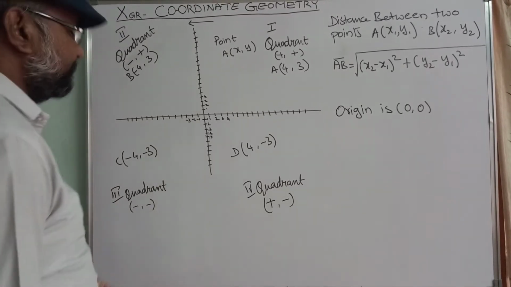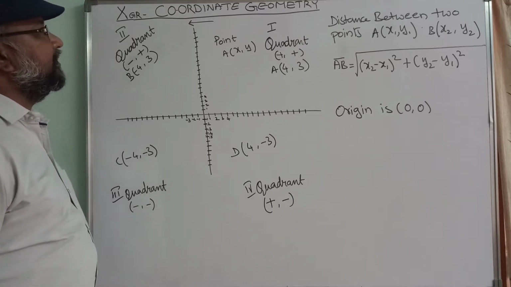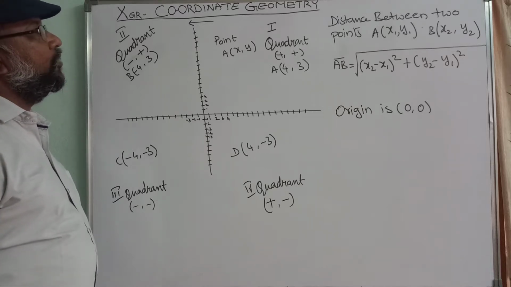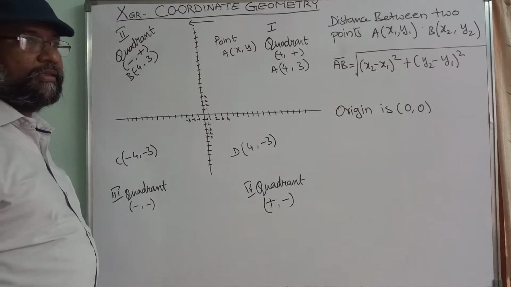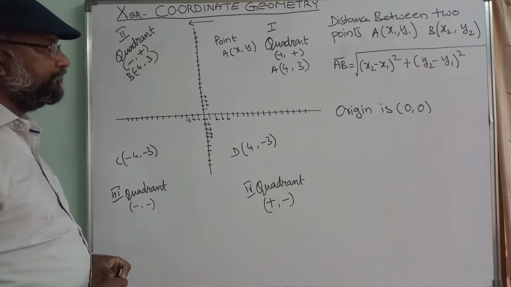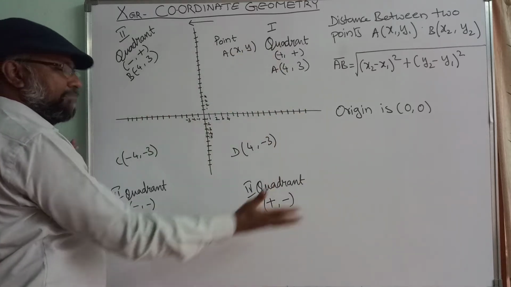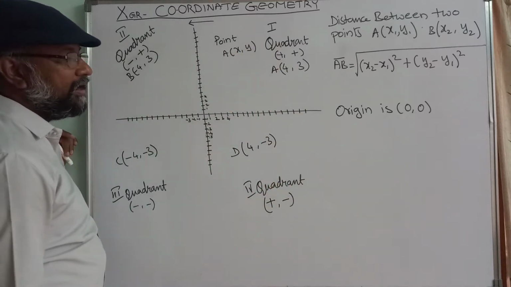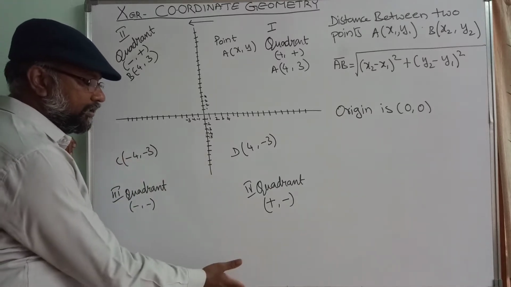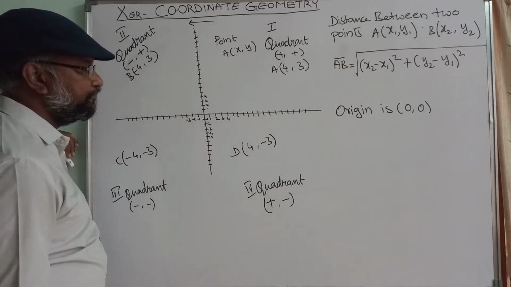Hello students, this is another chapter, the seventh one from the index, coordinate geometry. Let us recall from the ninth grade. This could be a Cartesian plane, a plane. A plane has an x-axis and a y-axis. Even if you consider a board, we have an x-axis and a y-axis. So two axes are there.